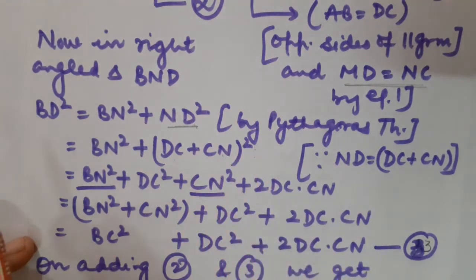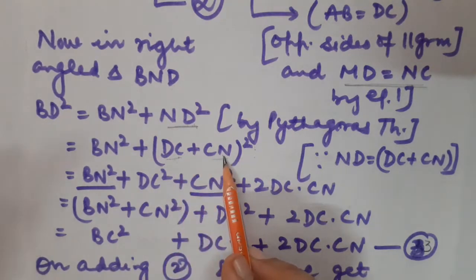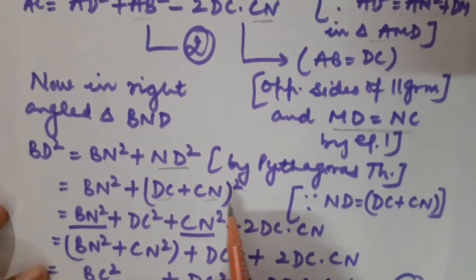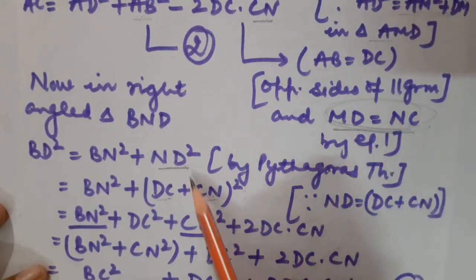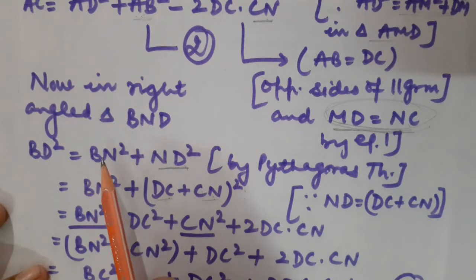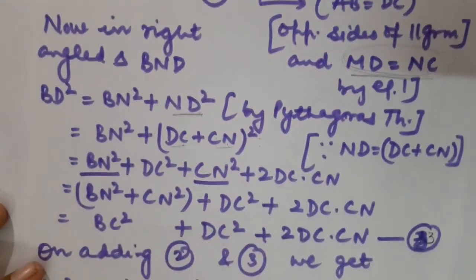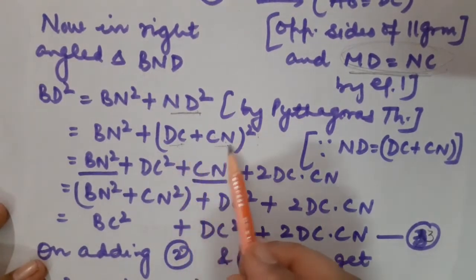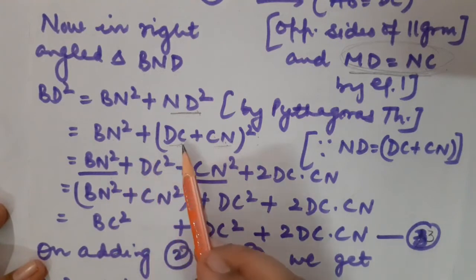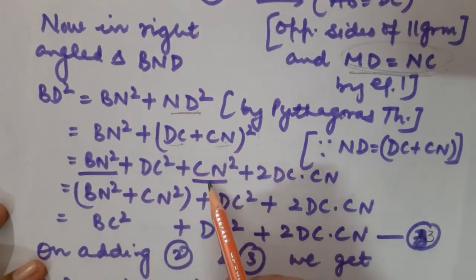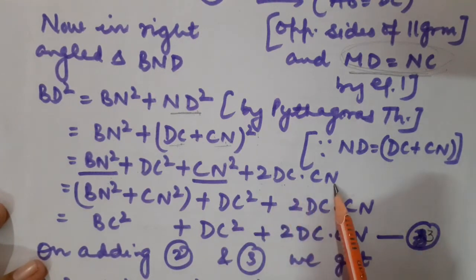There also I break in such a way that one side was of a parallelogram and another was that part which I made equal, like MD is equal to NC. So it should be broken in such a way. There we were going to get DM. Okay. Here we are going to get ND. Clear? So now let us open A plus B whole square. It would become BN square as it is plus DC square plus CN square plus 2AB. That is 2 into DC into CN.